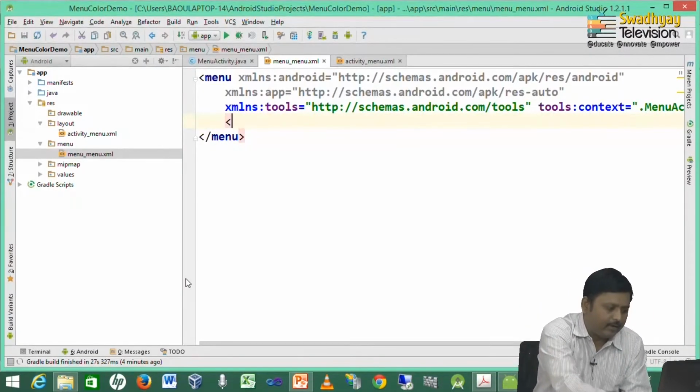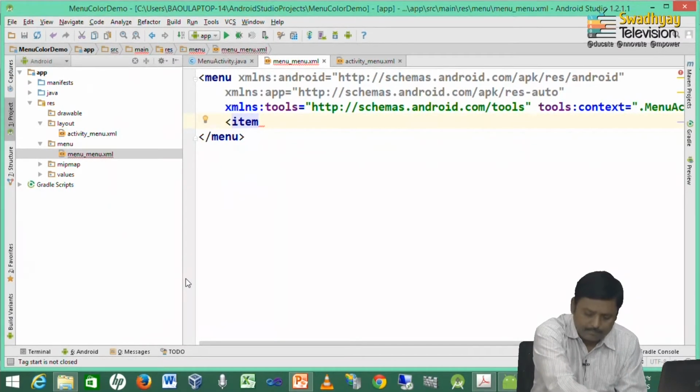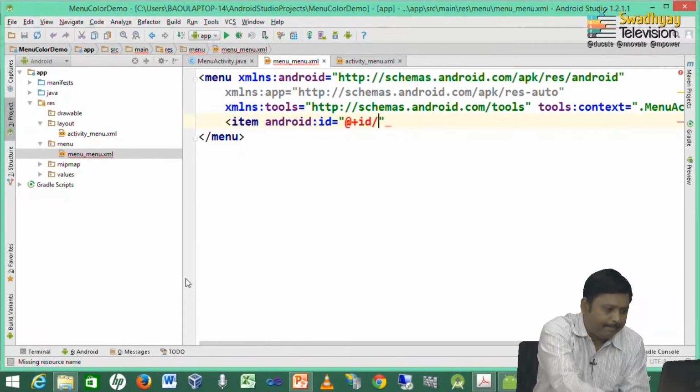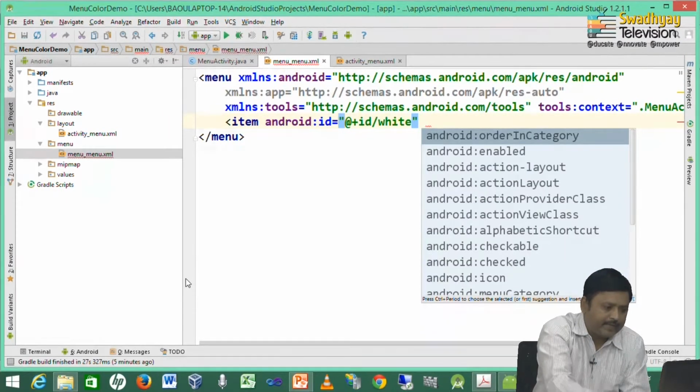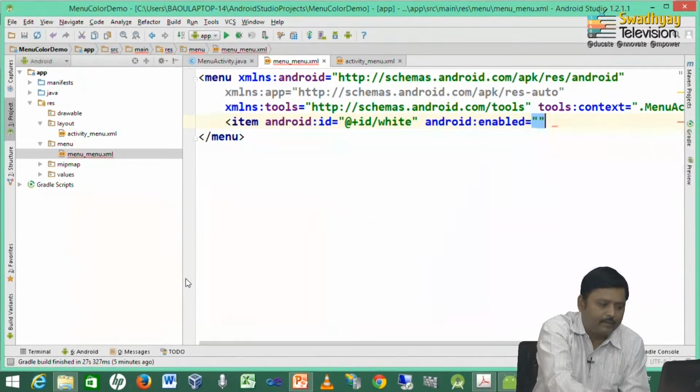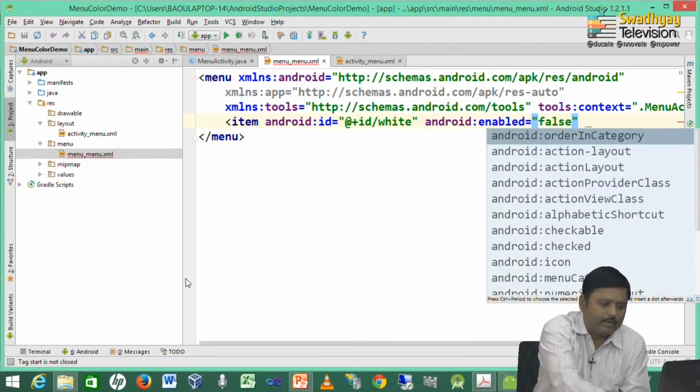So, here I write item, give this ID white, then we specify order in category. This is optional, but this should be disabled. So, I write enabled false. So, this menu is not enabled, and then we can specify a shortcut.